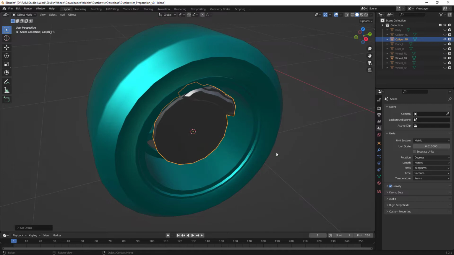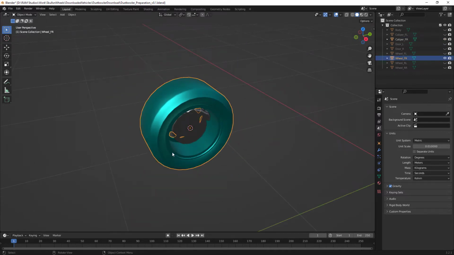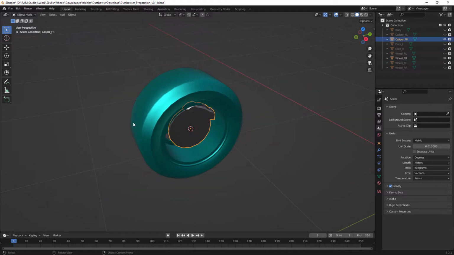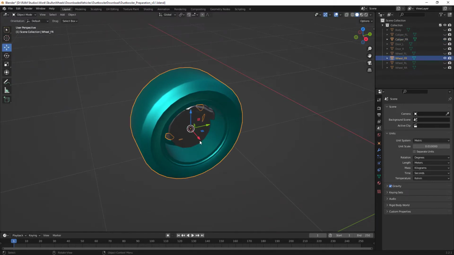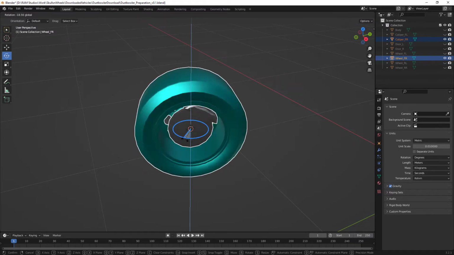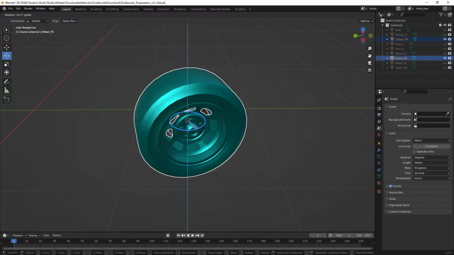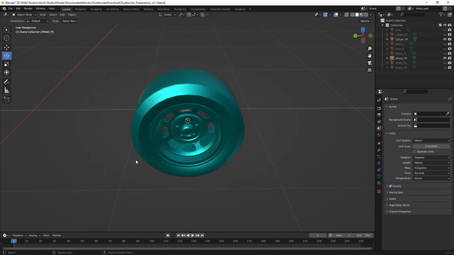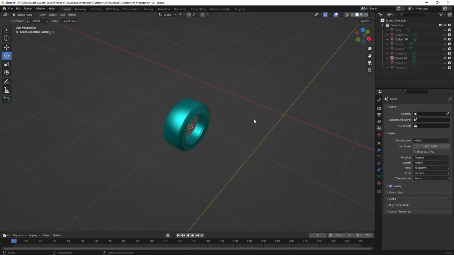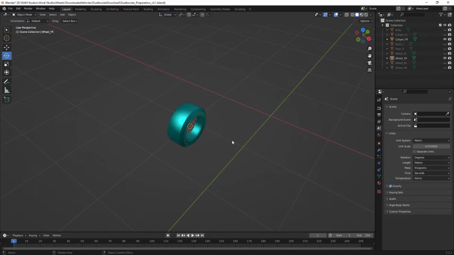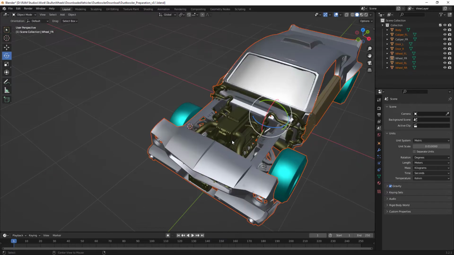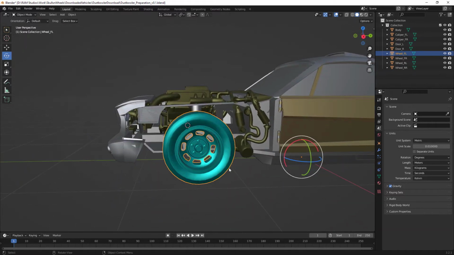Set origin to 3D cursor. And now if we move this, you can see that this is the origin point. Now if we rotate this, you can see that this is how the wheel rotates now in the car. Right. And then I'm going to press Alt H,